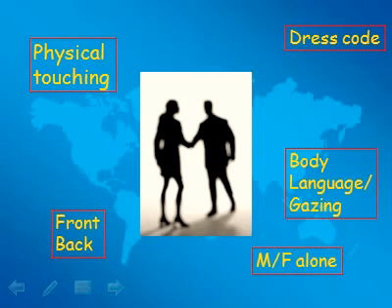Now the last one is male and female alone, that one male and one female should not be in a situation, in a place that is closed, where nobody can see or hear them. And so it's better to have somebody else also with you, or have the door open, or have a window, or have something. And so I was giving this presentation to an international school, and 2 weeks later one of the teachers comes to me and says,